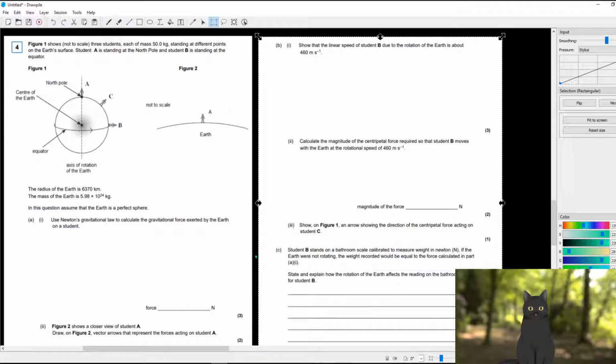Okay, so to confirm my understanding, he is standing at C. If Earth does not spin, the weight that the scale measures will be less, right? And if it spins, then it will be more, right? Okay, so in this case, my first question to ask is,